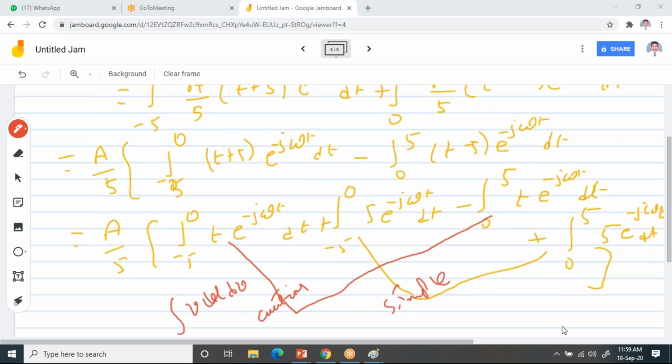Yes, Nikita, you are right. According to that rule only, you can choose the u and v. But you please try to understand. Since it is an exponential one, you should be very careful. For other functions we don't have any problem, but when you do integration with respect to exponential, you will get e power minus j omega by minus j omega again. Or if you do differentiation, again you will get minus j omega into e power minus j omega. So that is the problem with this exponential. So please try to understand and solve it.